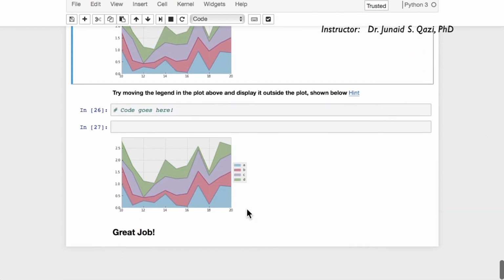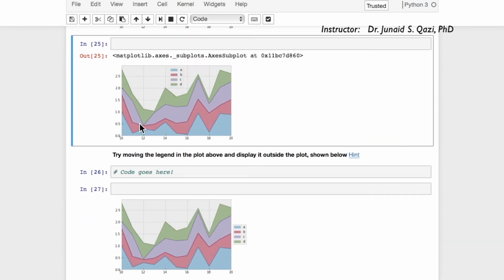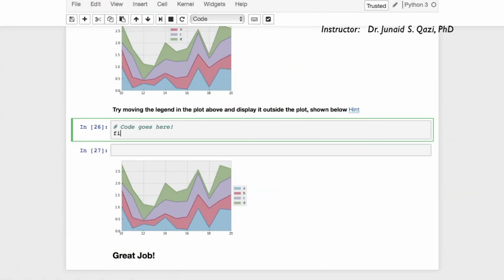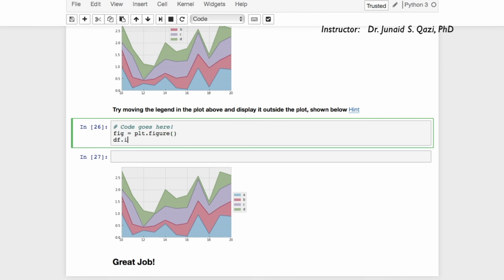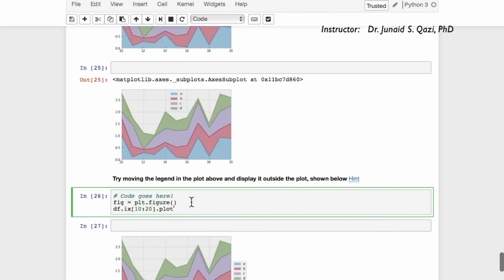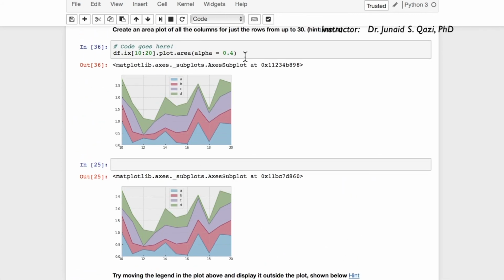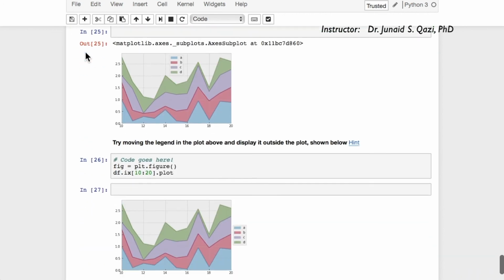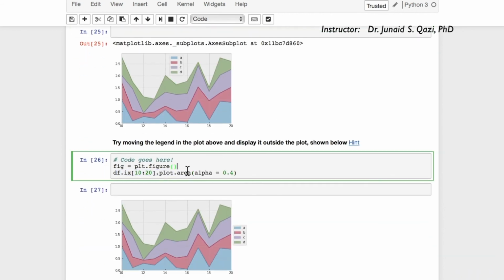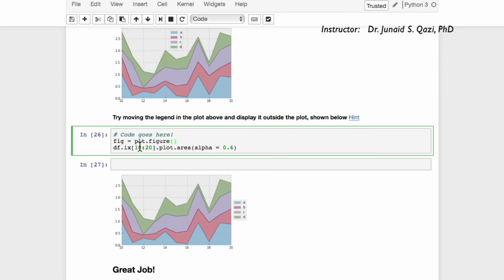Moving forward, try to move this legend outside the plot. We can call fig equal to plt.figure. I hope you remember this one. Call df.ix and grab the 10 to 20 rows and then call plot. This is the same thing we have done here actually. So let's copy this one and paste it here. So what we're doing: df.ix 10 to 20 plot.area and alpha equal to 0.4,